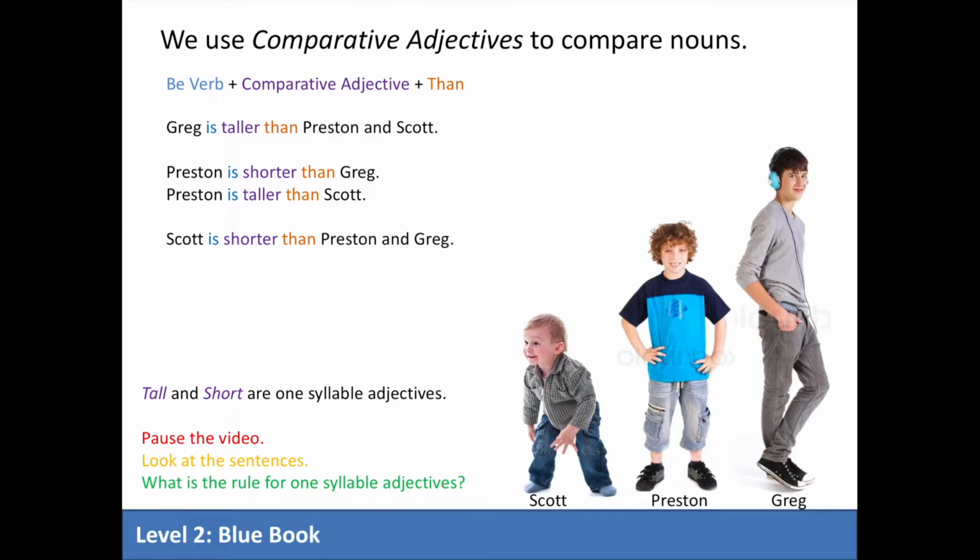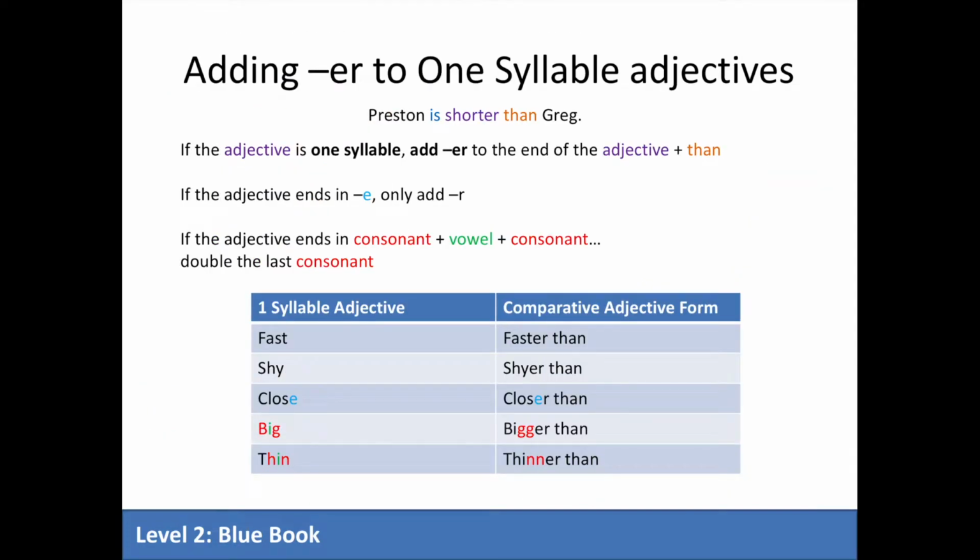Again, tall and short are one-syllable adjectives. Now, look at the sentences. Pause the video. Can you figure out the rule for comparative adjectives? So for one-syllable adjectives, to make the comparative, we need to add ER to the end of the adjective and then write than. Be careful, that's than with an A, not an E. If the adjective ends with an E, you only need to add an R. Another rule to remember, if the adjective ends in consonant, vowel, consonant spelling pattern, you must double the last consonant